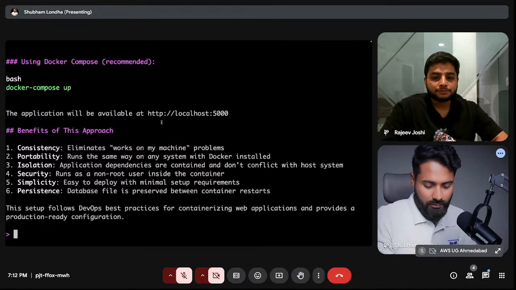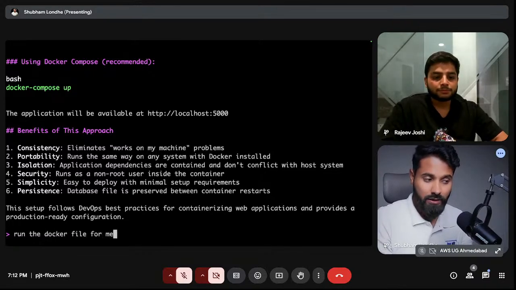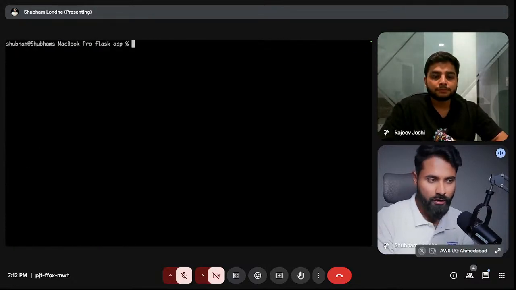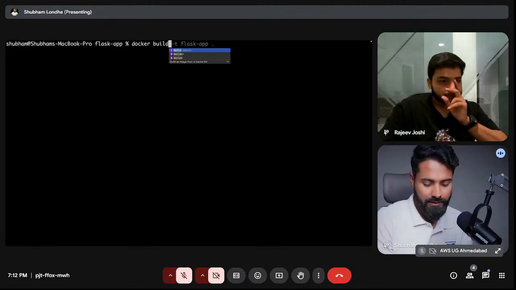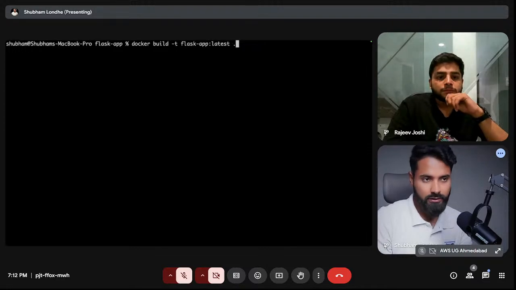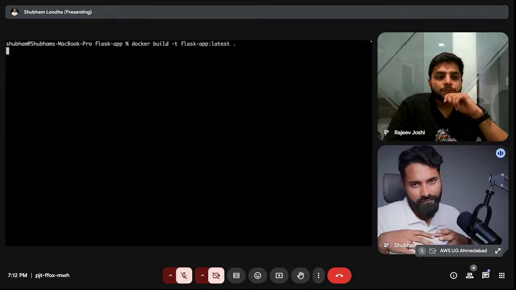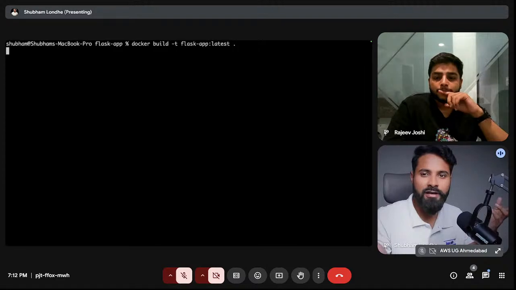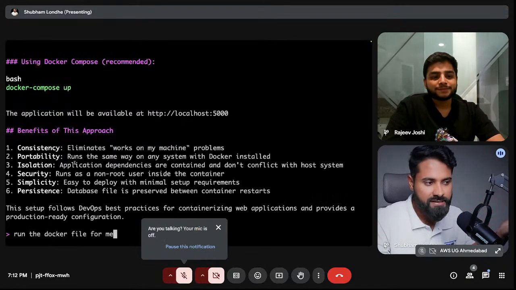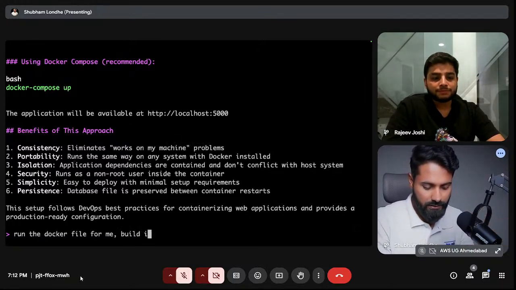You can directly say run the Dockerfile for me, or if you really want to learn Docker, you go to the Dockerfile and do docker build -t flask-app:latest . So if you are well versed with the commands, well and good. If you don't know, you anyways have the coding assistant: run my Dockerfile for me, build it and then run the container.